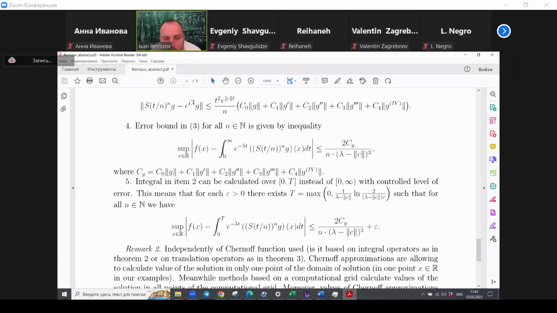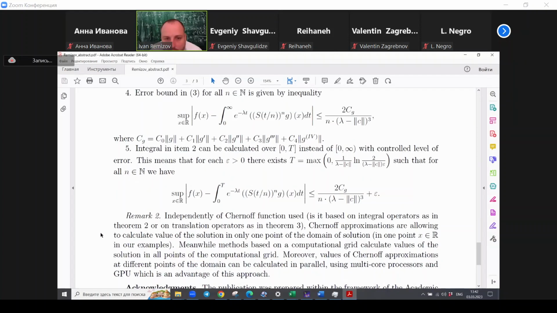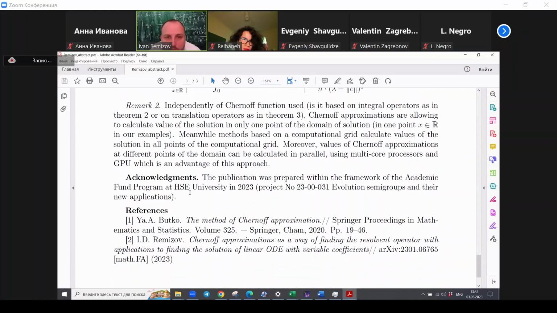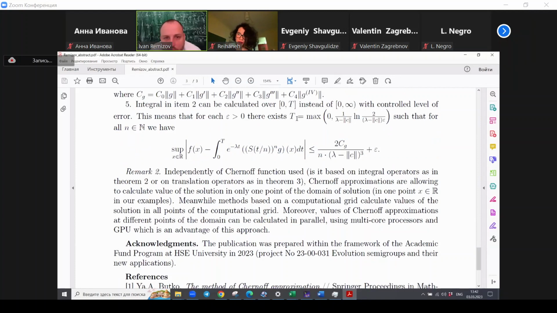Also, we can substitute the integral over the infinite interval by an integral over a finite interval with a controlled level of error. And I will finish with a final remark: independently of the Chernoff function that we use,